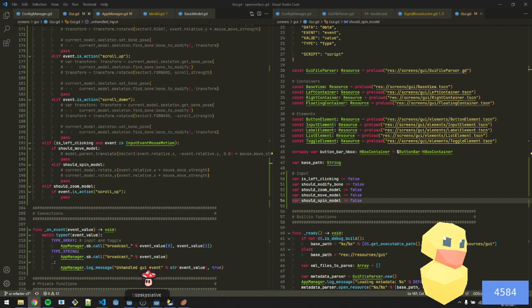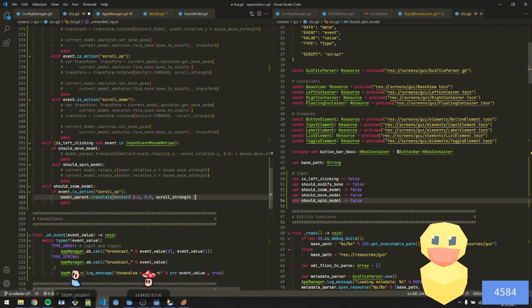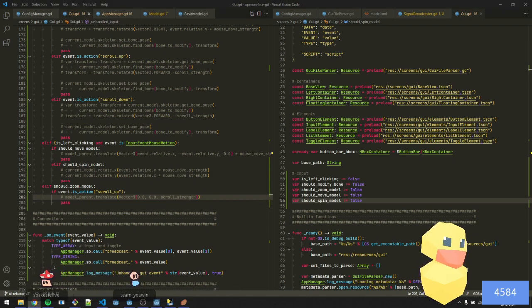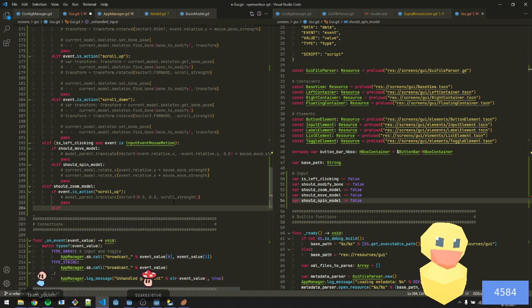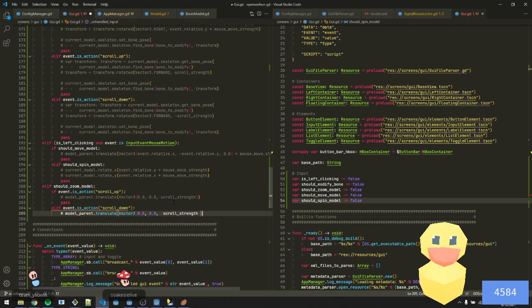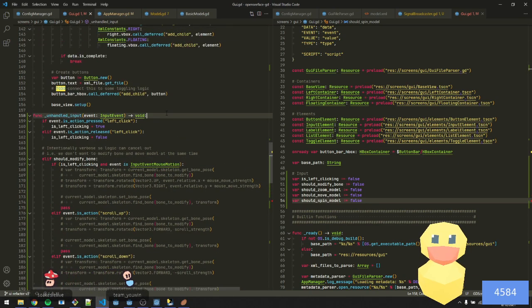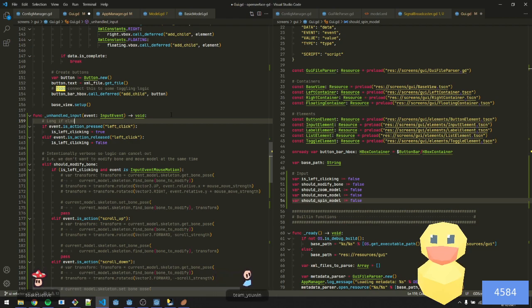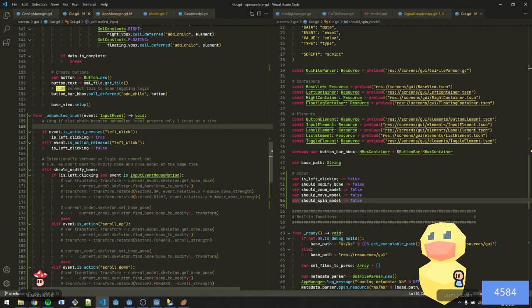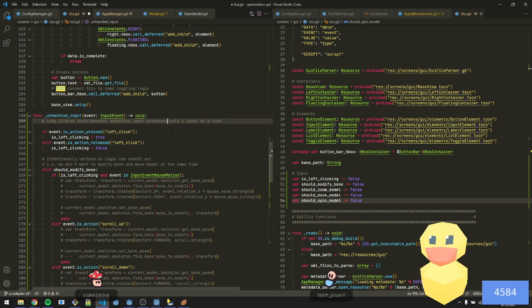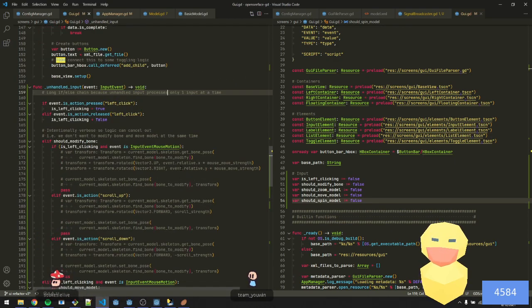Alright, final block of code. This one won't work because we don't have access to the model parents. And this other one will also not work because, as previously mentioned, we don't have access to the model parent. Pass. Long if else chain, because unhandled input processes only one input at a time. Yeah, okay, so now we need some way to